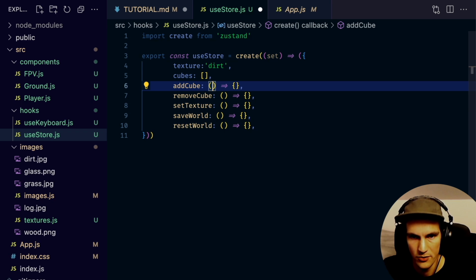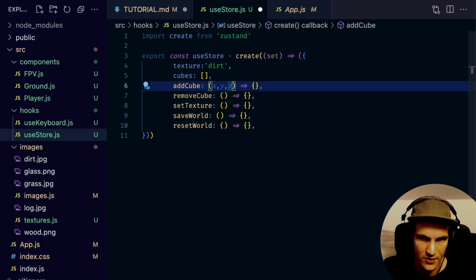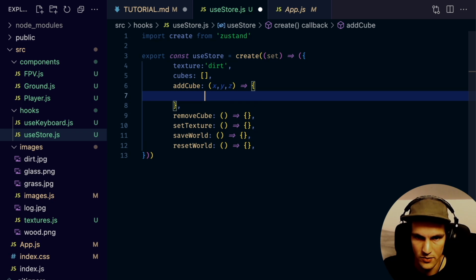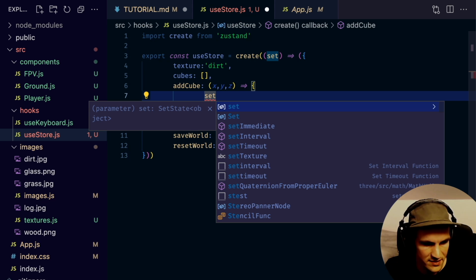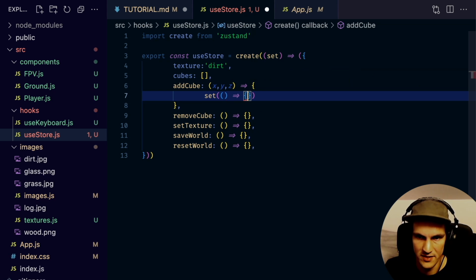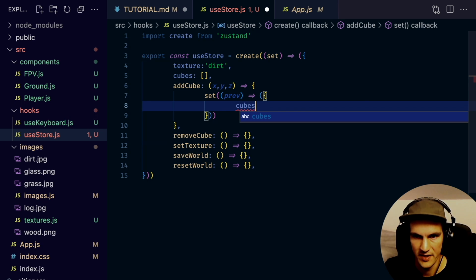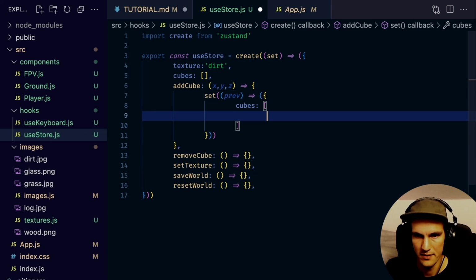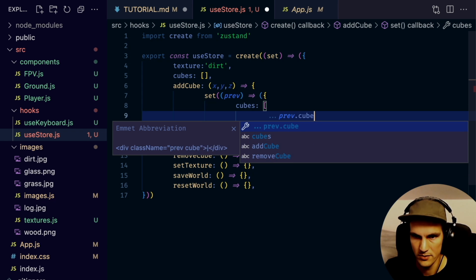So when we add a cube, all we need to know is where to place it, because the texture we already know since we are in the store. So when someone calls add cube, we need to call set, and in set we pass it a callback function and we get back the previous state. So here we can return an object. So here we just want to affect the cubes, which is an array. So we spread in the previous cubes,